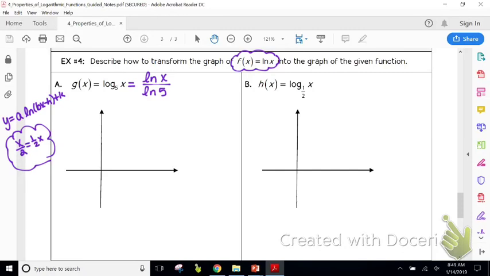So instead of dividing by the natural log of 5, I could write this as 1 over the natural log of 5 times the natural log of x. All right, so we've got this 1 over the natural log of 5 times the natural log of x. So let me just rewrite this real quick. So this is g of x equals,